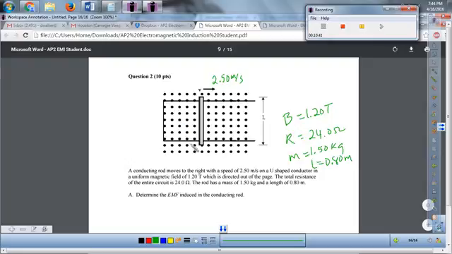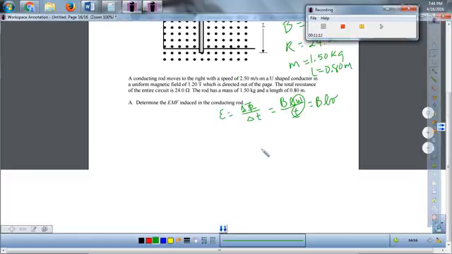So there has to be an EMF induced. So EMF is equal to change in flux over change in time. So we have the length times width is the area over time, and this length is what's taking care of our business. So we're going to wind up with BLV. So if we know that that's BLV, then we have,